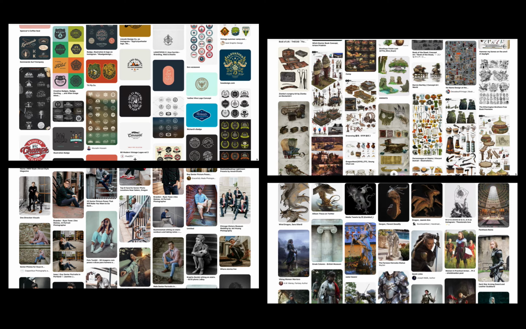So in the top left was a board I made while I was in my graphic design class. And that one, we had to make some badges, and I was basically collecting the types of graphic design that is my flavor of graphic design. Because out of a sea of options, I wasn't really sure what my tastes were, and that really helped me figure out what my taste was, and also gave me a lot of inspiration to work from